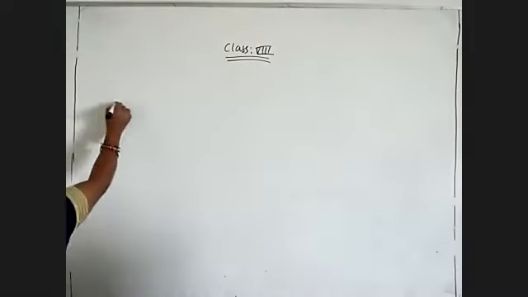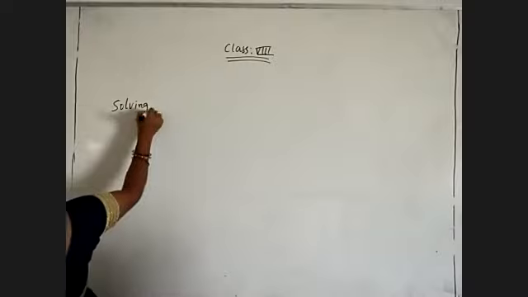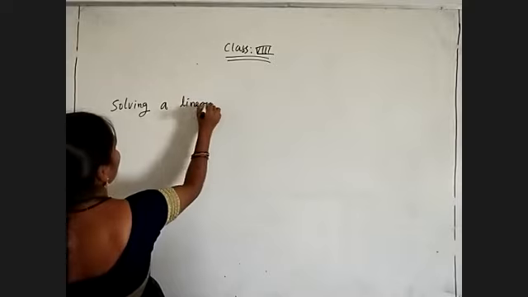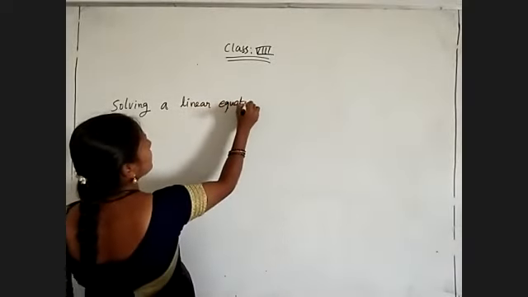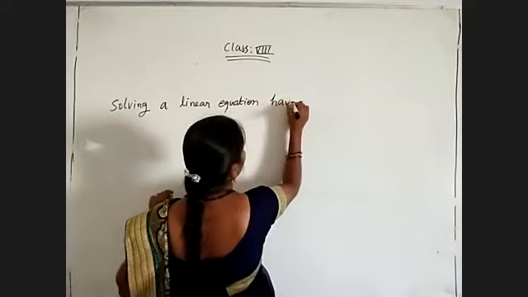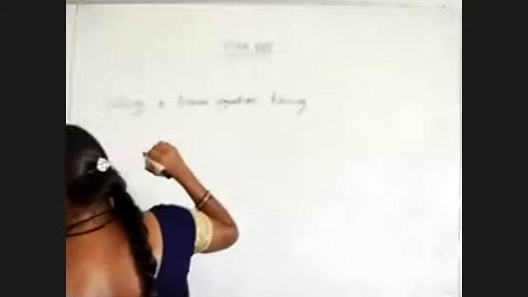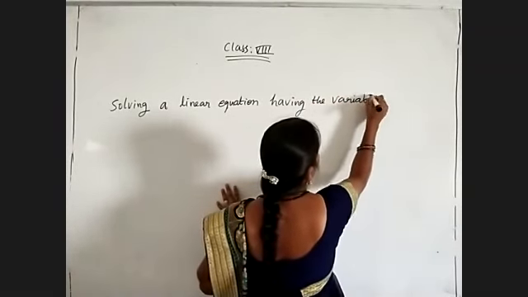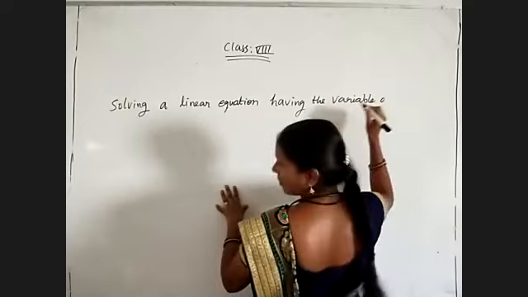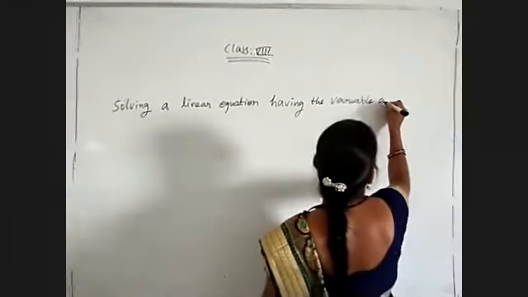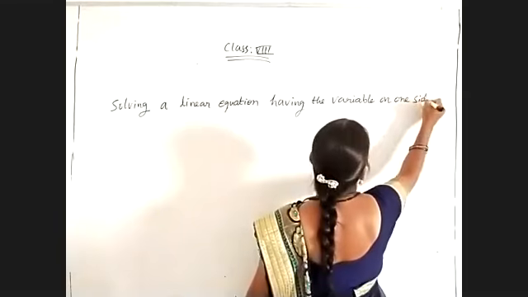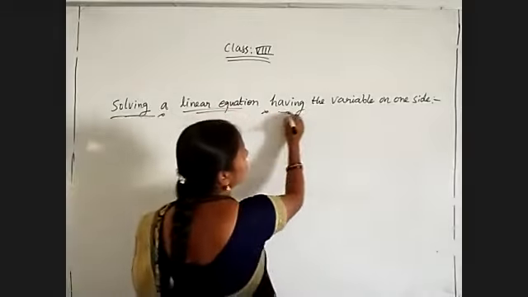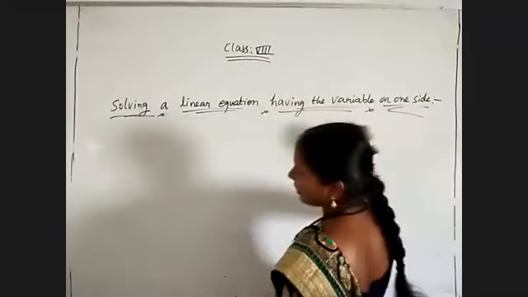Now, solving a linear equation having the variable on one side only. So when we have the variable on one side only, how to solve the linear equation, we are going to understand. So now my first question is